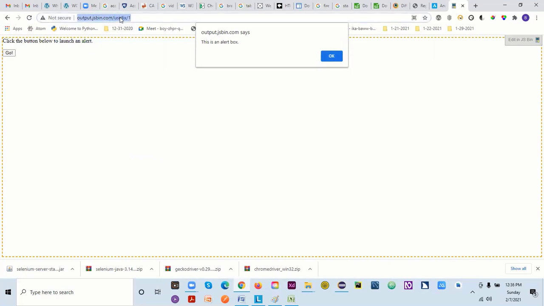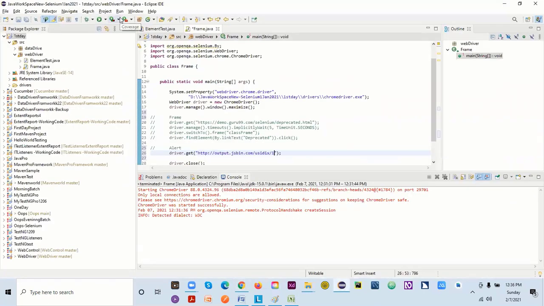Okay. So here in this page, if I click on this one, I'm getting this alert. Okay. So I will not be able to go to this alert directly. So my requirement is, whenever I'm having this application, I have this go button there. If I click on this, I have this alert. I'll be clicking on this OK. So that's my requirement. So what I can do here is I will just copy this one. We'll try without that as well, so that we will be on the same page, right? So this is there. I navigated to that URL.